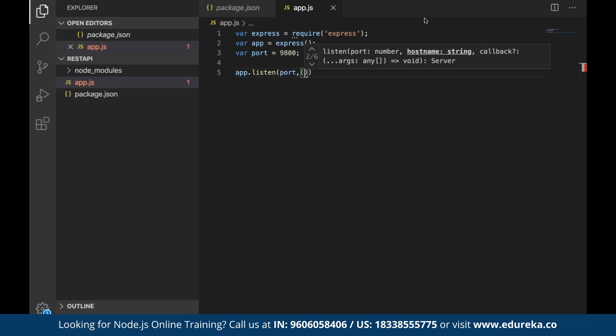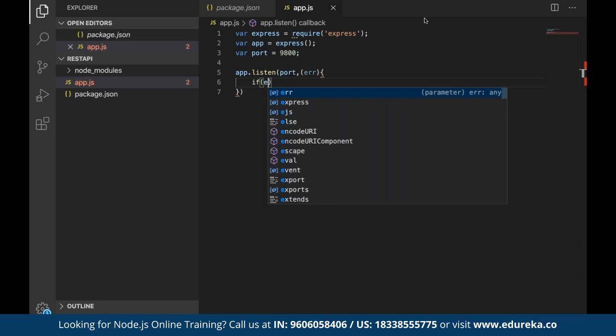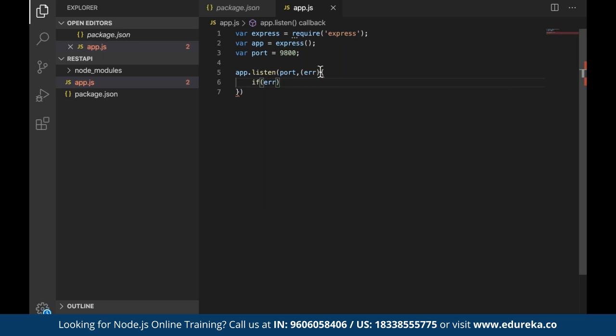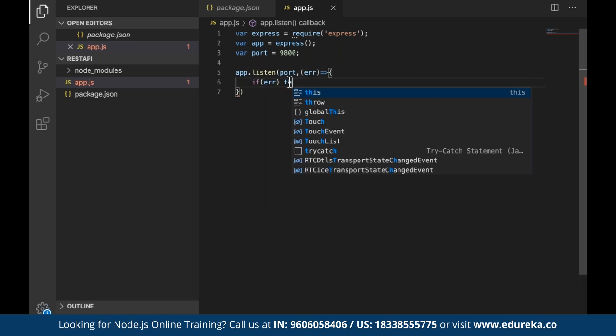Why? Because this function is waiting for the request to complete. Whenever the request is complete, this function will fire. We call it a callback function. Right now I'll take only one parameter, say error. In case you get an error while running, it will throw me the error.